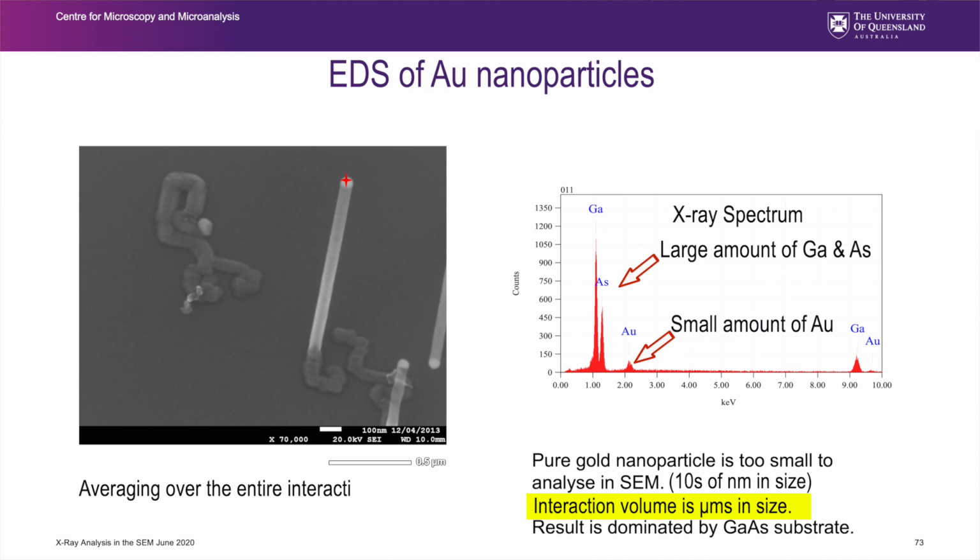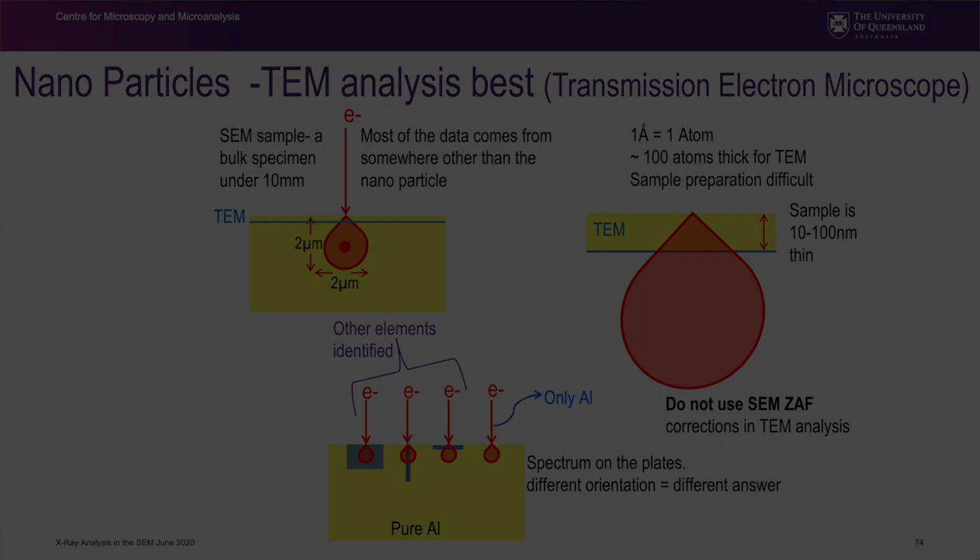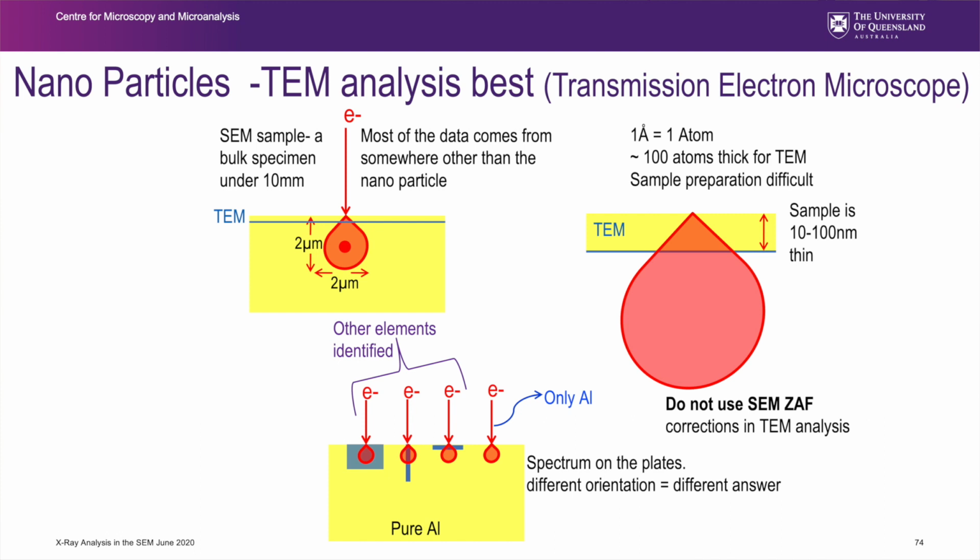And so what you're doing is you're averaging over the whole volume, of which the particle of interest is only a small proportion of the actual interaction volume. How do you do nanoanalysis? Well, you traditionally do it in the TEM, the transmission electron microscope, and step one is to remove most of